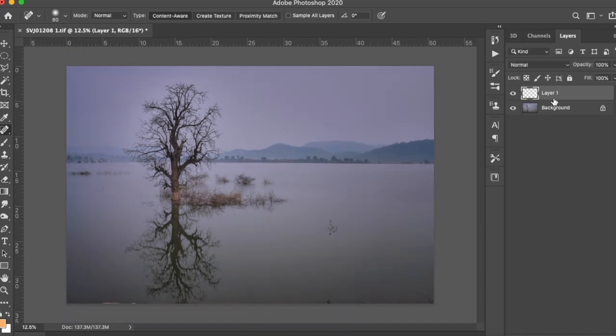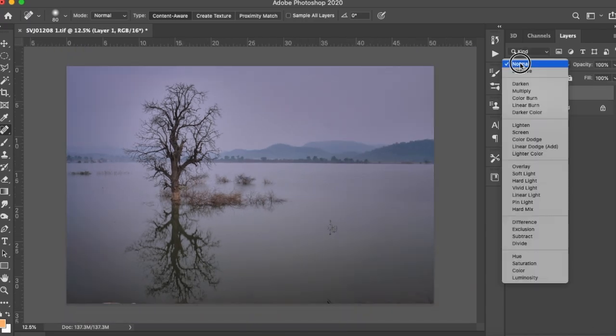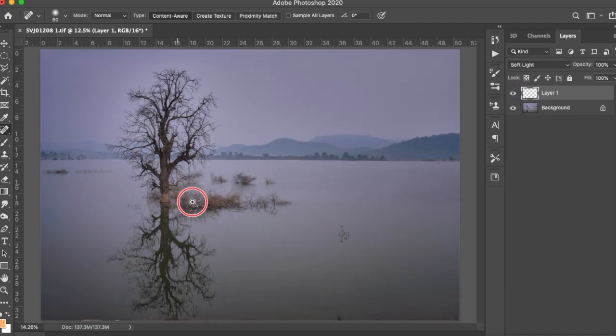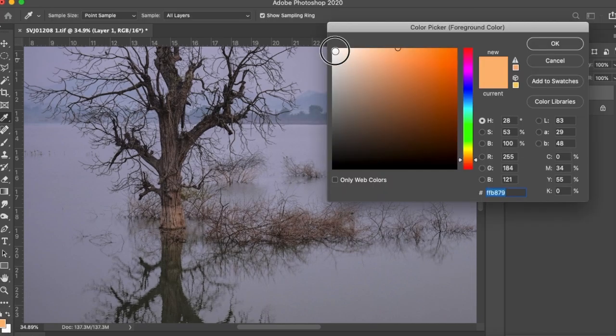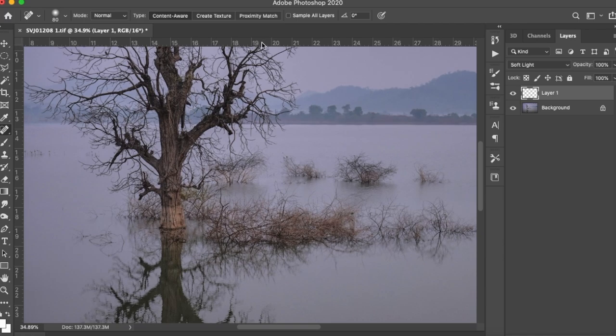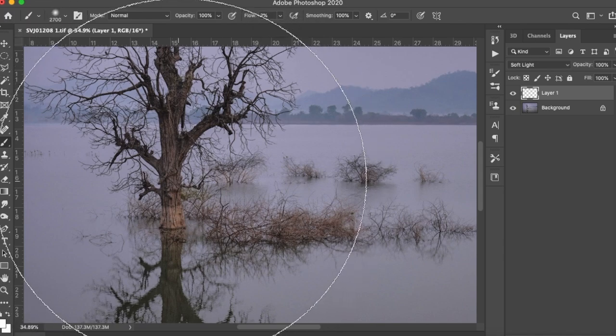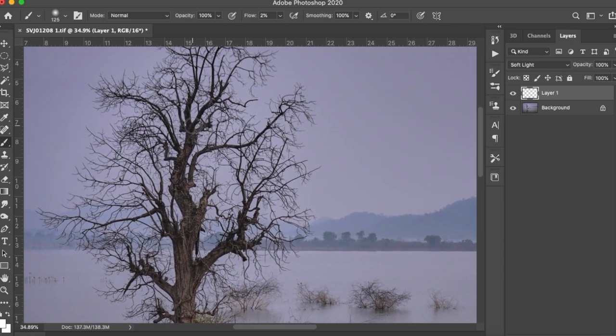create one new adjustment layer, change the blend mode to soft light, enhance this tree a little bit more, set the foreground color to white, the paintbrush selected, the lowest of the flow, gently paint over the dark areas of the tree.